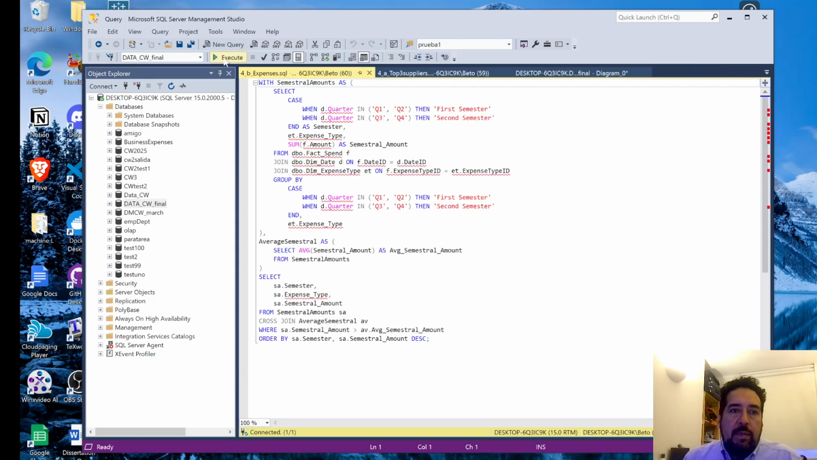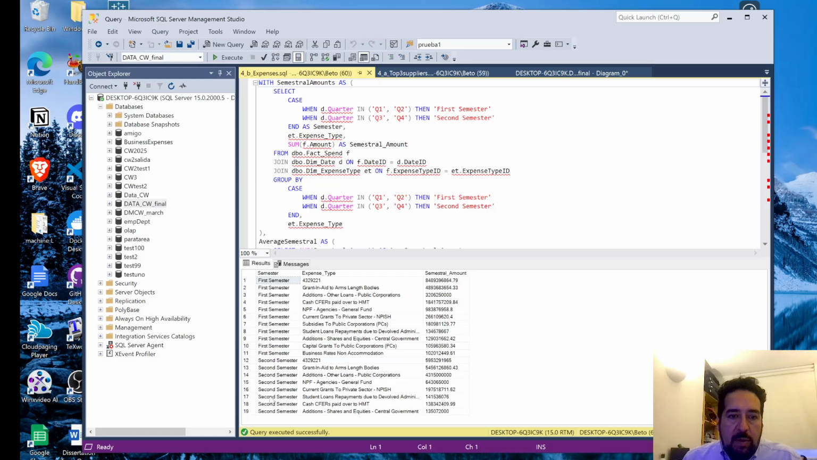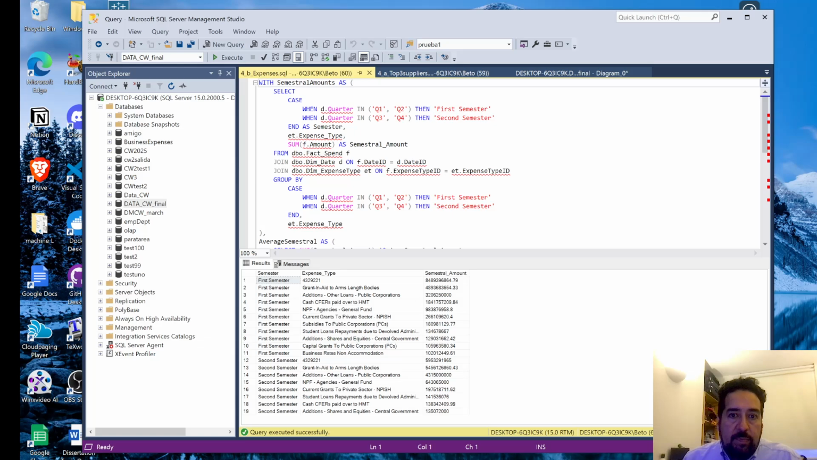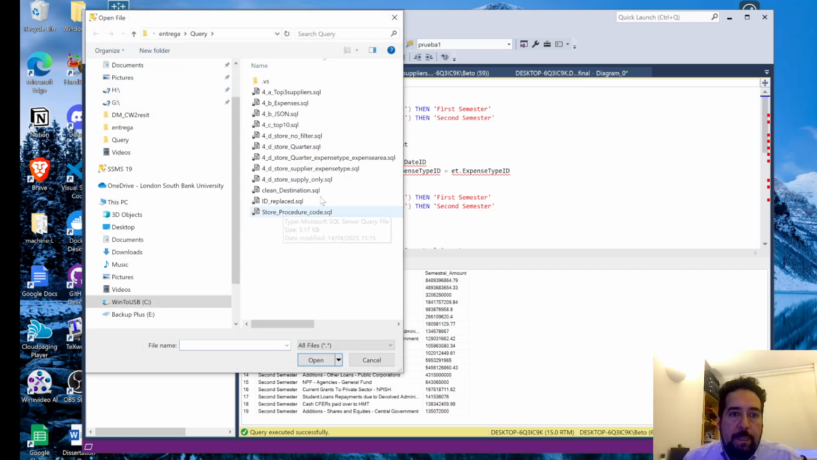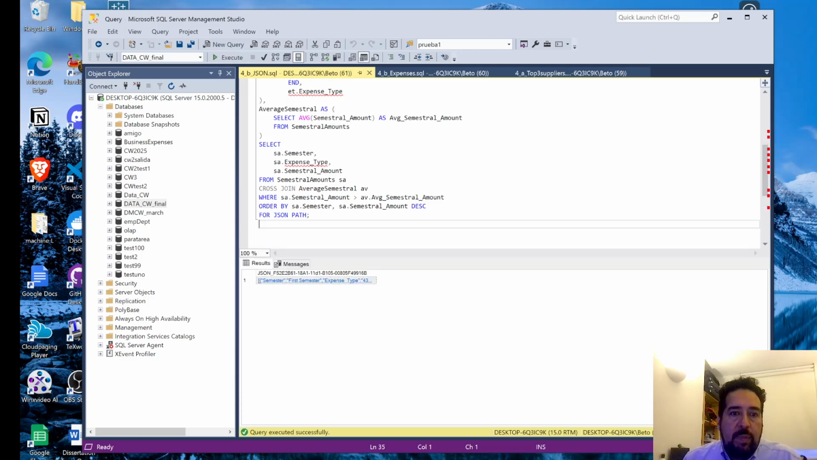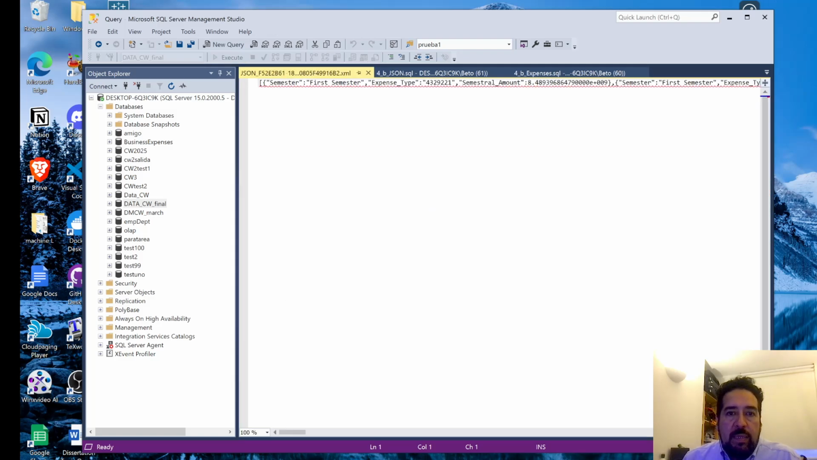And then here also we can see how it's created, semesters. And then in the third one, we create the JSON file, as you can see here. So we have here this JSON document,